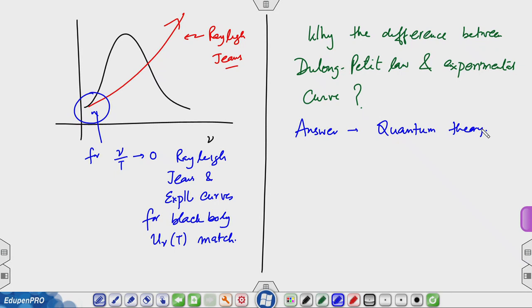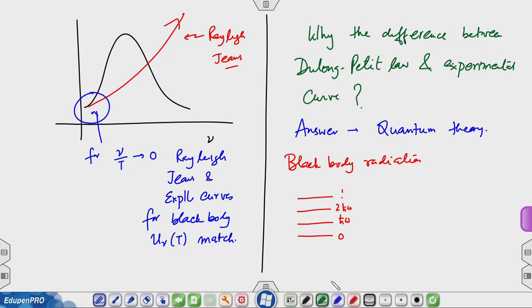And according to quantum theory, what we learned in black body radiation. So, let me go back to black body radiation. The energy is quantized. Let us say 0, h cross omega, although it is 1/2 h cross omega, we know that. So, I am just taking reference to be 0, 2 h cross omega and so on. So, if I calculate the energy per oscillator at temperature T,